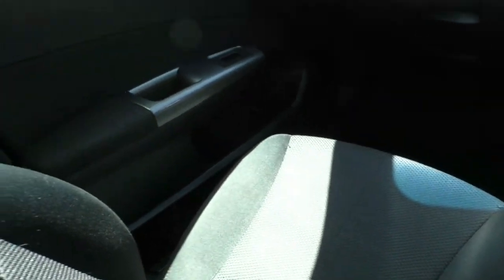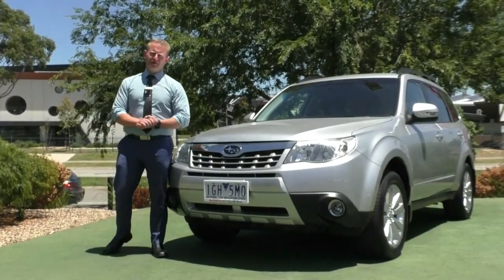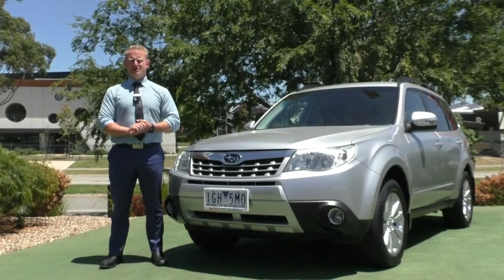9-year-old car with 85,000 Ks. I'd like to find a cleaner one. Again, very tidy all the way throughout, and I genuinely think you'll be very impressed with the purchase. Okay, and there you have our walk around tour of this beautiful unseen 85,000 kilometre 2011